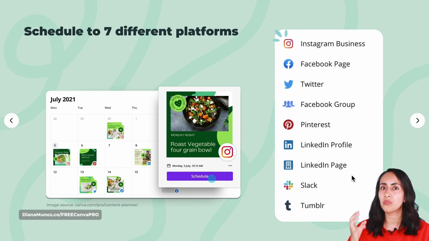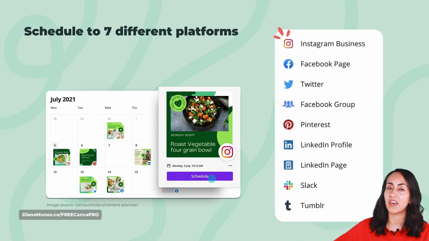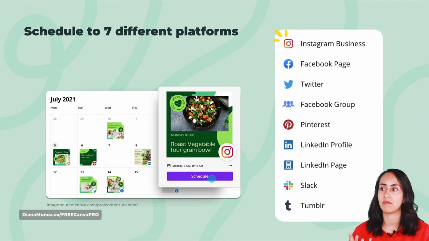This is pretty interesting because you have a variety of different social media platforms, and recently Canva integrated Instagram, which I know a lot of people were waiting for, including me. So I'm very happy about this, and very happy to share the news as well.